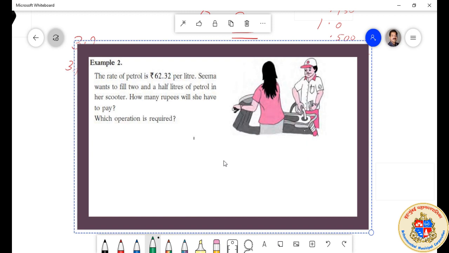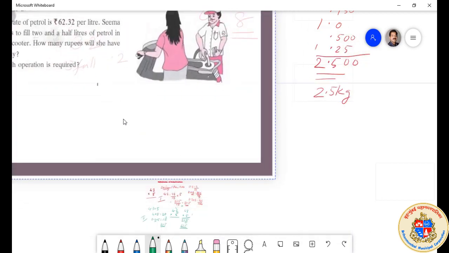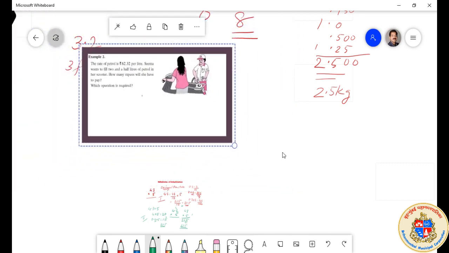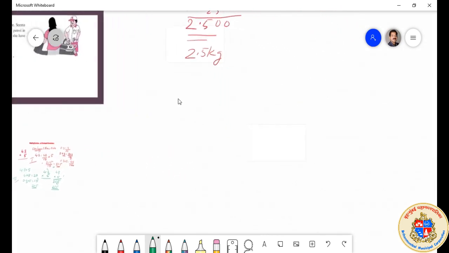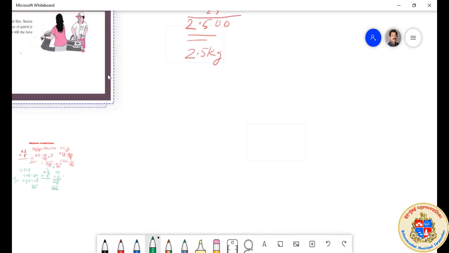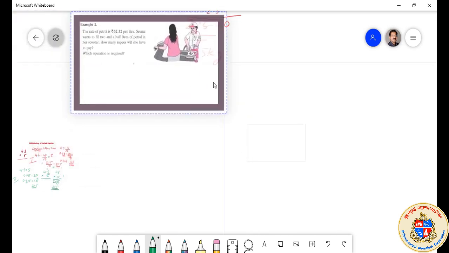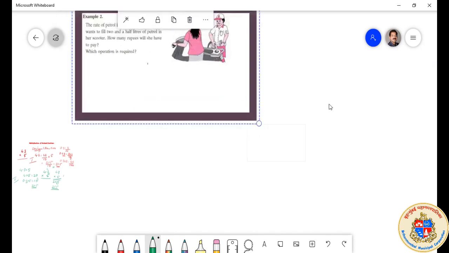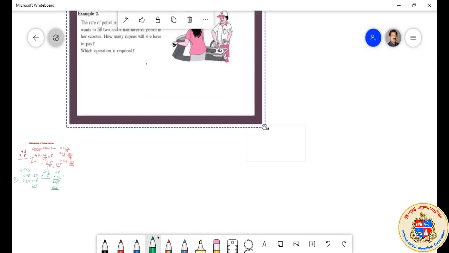Which operation is required in this case? A real situation है. सीमा का सिचुएशन रियल है. कैसा सॉल्व करेंगे हमको पूछ रहे. How can Seema's situation be solved? चलो सीमा को इधर बिठाता हूँ. Seema is filling the petrol and she is having a very अजीब सा number दिया है. What is it? The petrol price is rupees